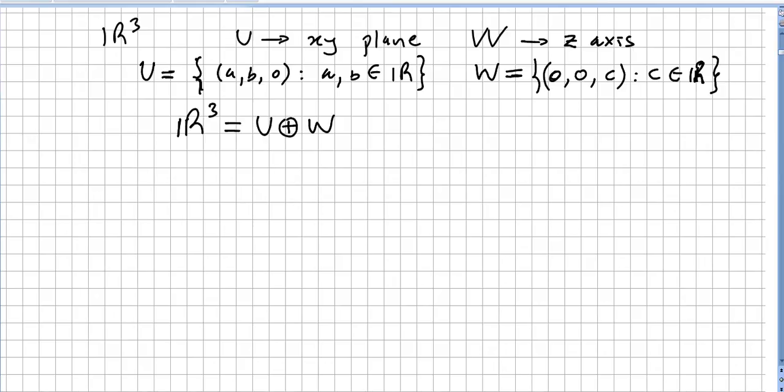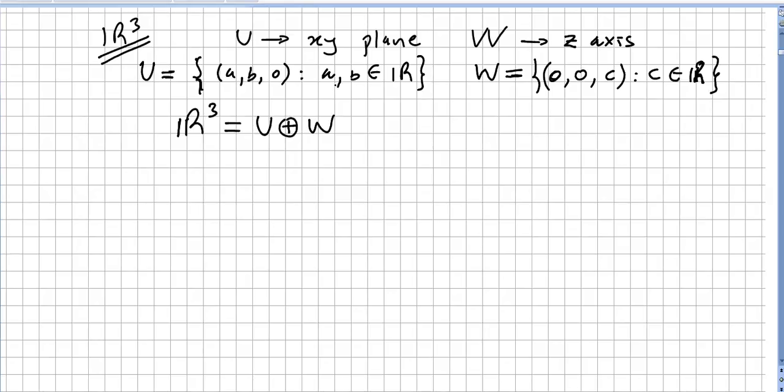We are still in the chapter of vector spaces and subspaces, and we are in the subchapter of direct sum. Okay, so we have vector space R3, and we have U, a subspace, the xy plane, and W, another subspace, the z-axis. Okay, let us say that U is the xy plane, so that will be the vectors